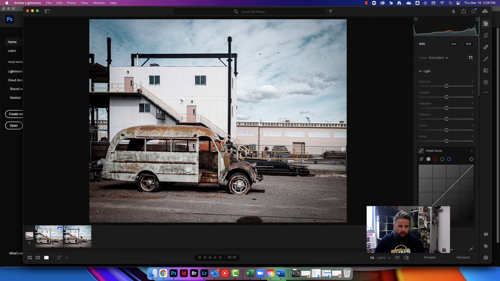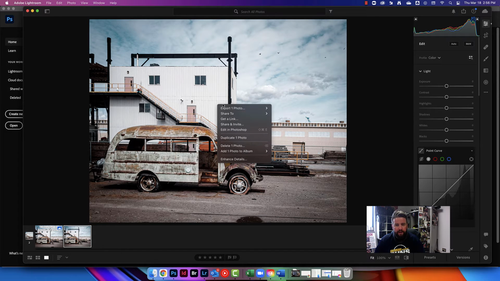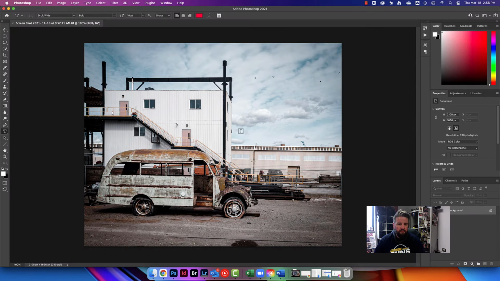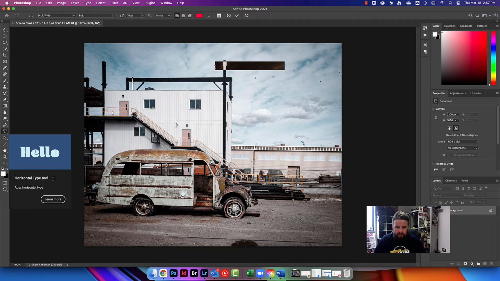So I'm going to start. I'm going to use this photo unedited. I'm going to right click on it here in Lightroom and choose Edit in Photoshop. That's going to open up in Photoshop. And there it is. We're not going to do anything to the photo other than just grab the text tool, or the type tool, right here. And I know right away without even clicking, although I'm going to go ahead and click just because I can,